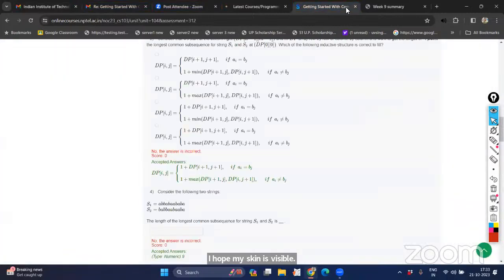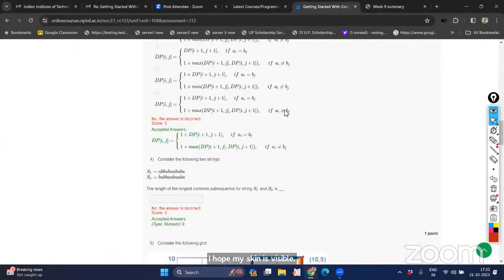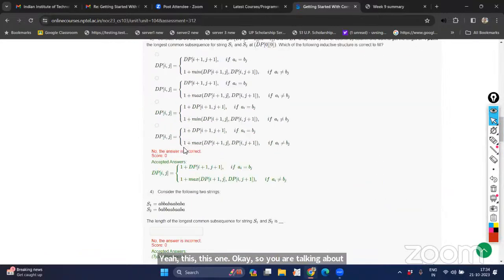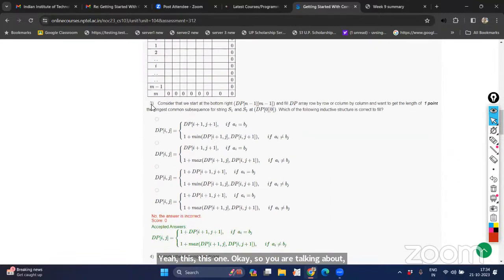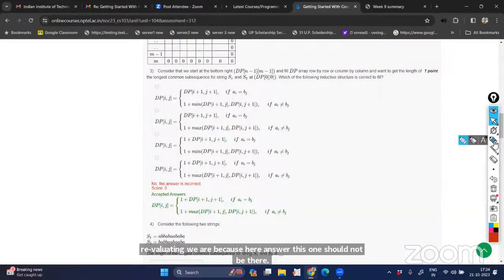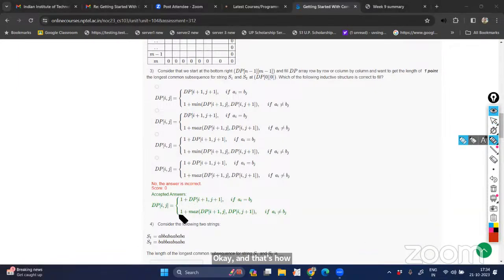Yes, this one. Okay, so you are talking about this. This third question, we are definitely re-evaluating, because the answer here should not be there. In the solution, this one should not be there. Actually, it was wrongly added. So we are re-evaluating this, and also